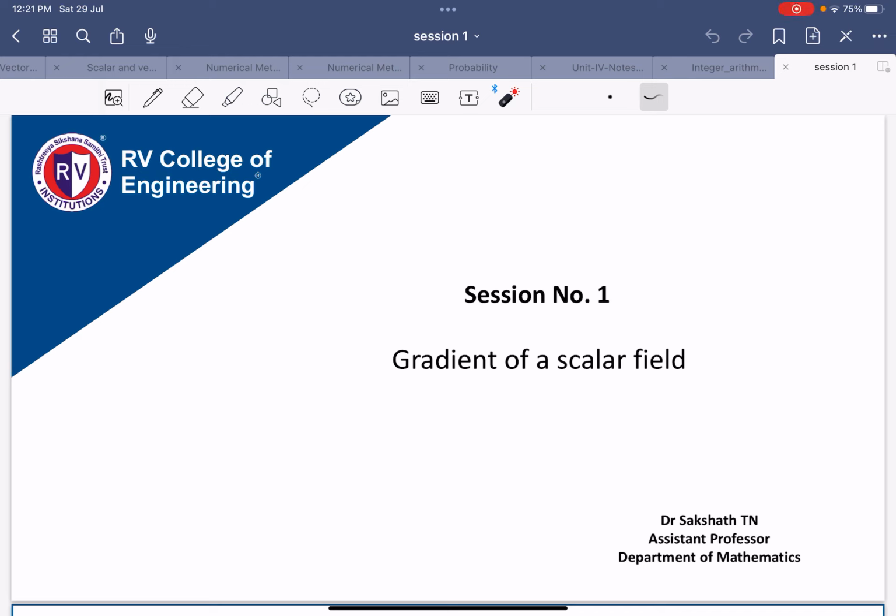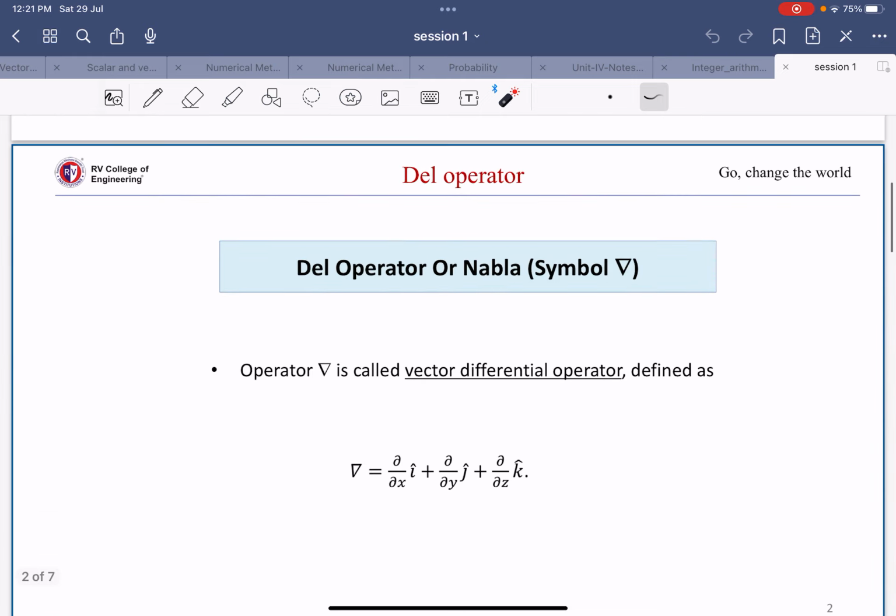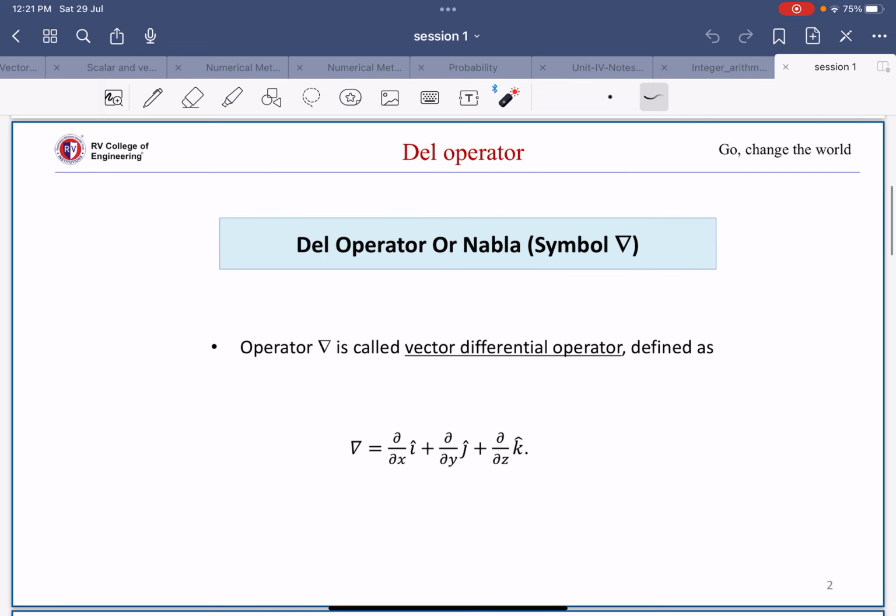Hello everyone. Today we shall discuss vector calculus. Under vector calculus, we shall study the gradient of a scalar field. So before I go to the gradient of a scalar field, we shall